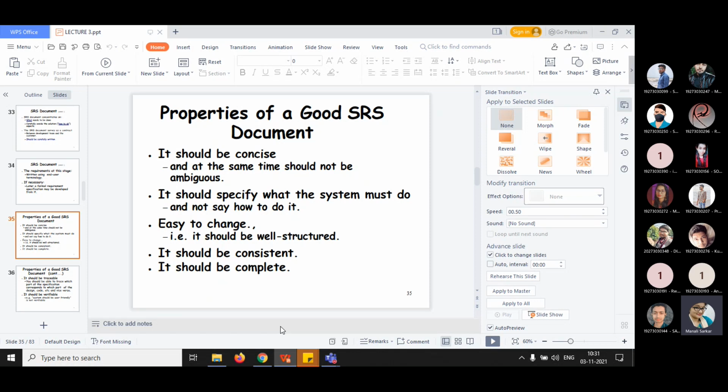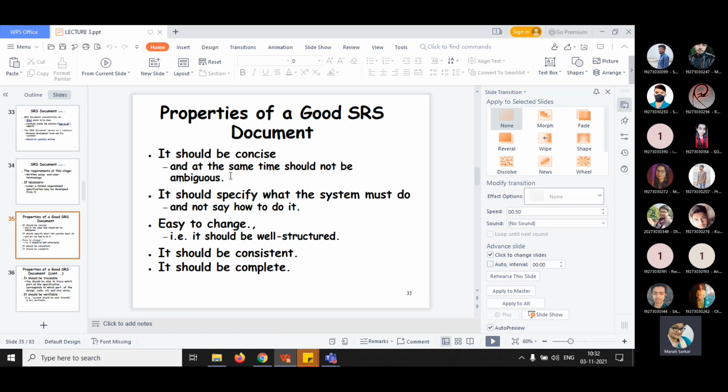Okay, some of the identified desirable qualities of the SRS document are that it should be concise, and at the same time should not be ambiguous. What is the meaning of concise and ambiguous? The SRS document should be concise, that is, it should have a limited length, and at the same time unambiguous, consistent and complete.